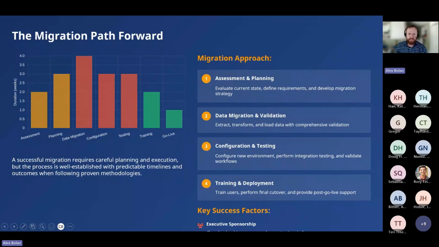So what does the path forward look like? I understand that for the last probably 19 minutes of this, maybe even 20 minutes, it sounds like I've been beating you up pretty hard, and that was not my intent. My intent is to just educate and challenge you to think a little bit differently. So I know this feels very complex. It feels risky. It feels a little scary because I talked a lot about scary stuff here, but continuing to operate this fundamentally compromised platform is just more risky than not doing it. You're exposing yourself to more risk every day you don't do anything.